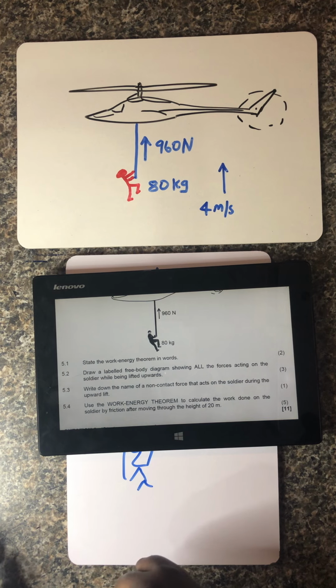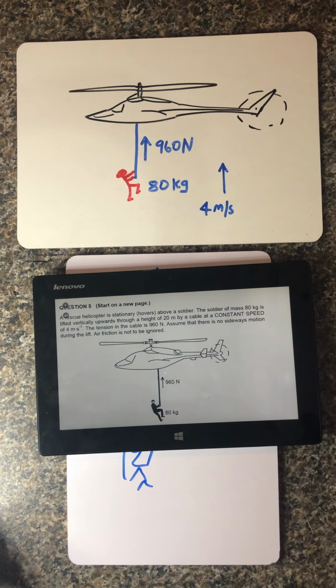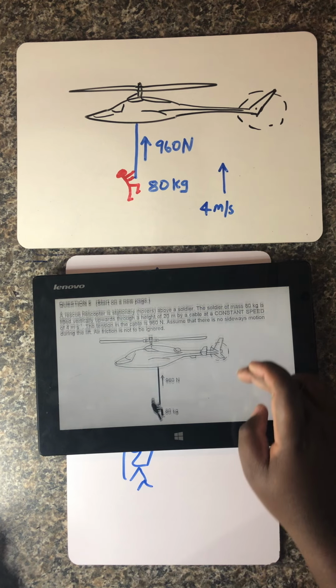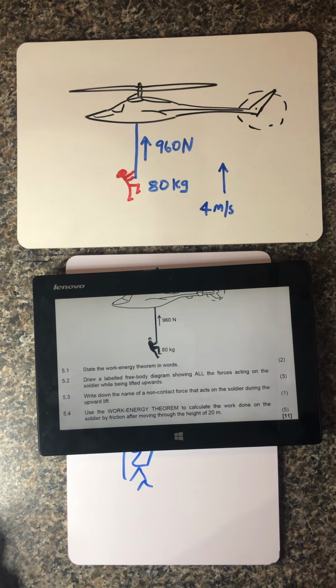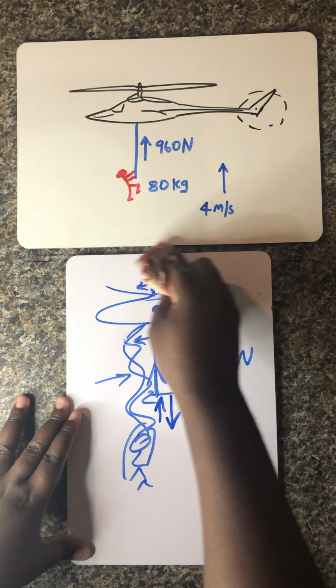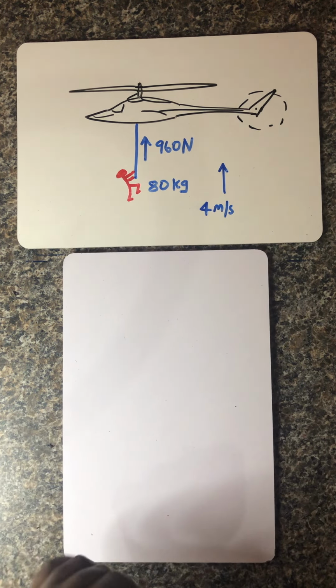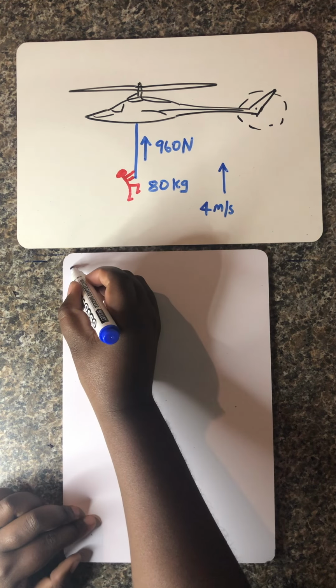And this question is allocated 2 marks. I'm sure most of you already know the answer because you've been reading, you've been studying a lot, you've read multiple books where they've stated the work energy theorem in words. So I'm just going to quickly state it so that you are able to then compare. So this question is allocated 2 marks, ladies and gentlemen. So I'm just going to wipe all of this, and then from there we'll start with our very first question, which is question